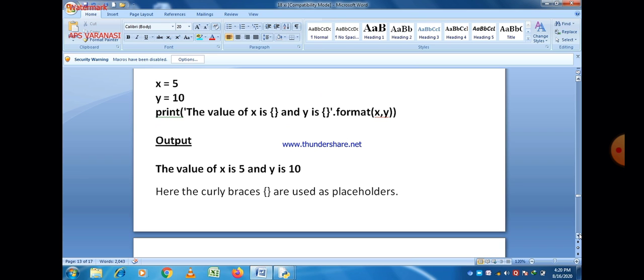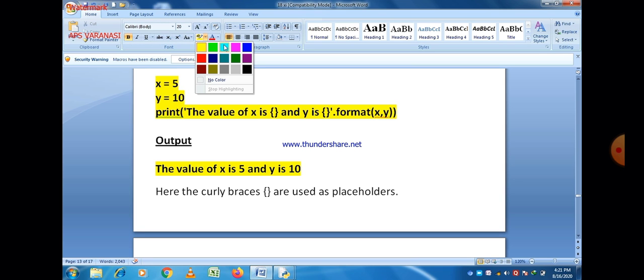Now this is a small program here. x is equal to 5 and y is equal to 10, and we just print a statement using format. The value of x and y is format x and y, so it is the third case as we just discussed earlier. So now I think all of you are familiar with this concept. So 5 and 10 are assigned to x and y.